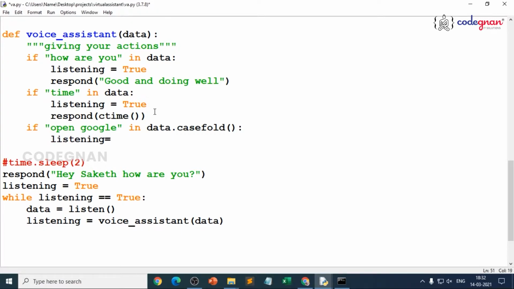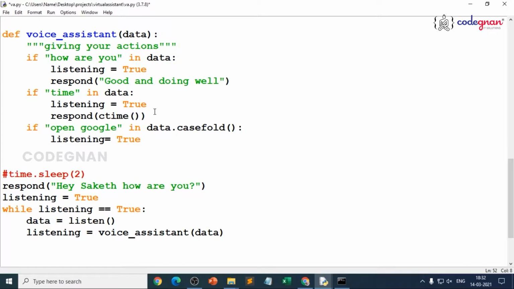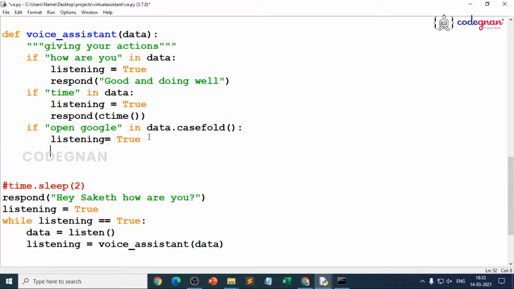This is common, but where you give the logic, it is different. In the above cases, whenever we say what is the time now, we are able to get the present time. Whenever we say, hey, how are you, we are able to see the response. But now whenever we say open Google, it should open the web browser. So first it should search, and that's where we have clearly worked on understanding regular expressions. We'll use the logic here.